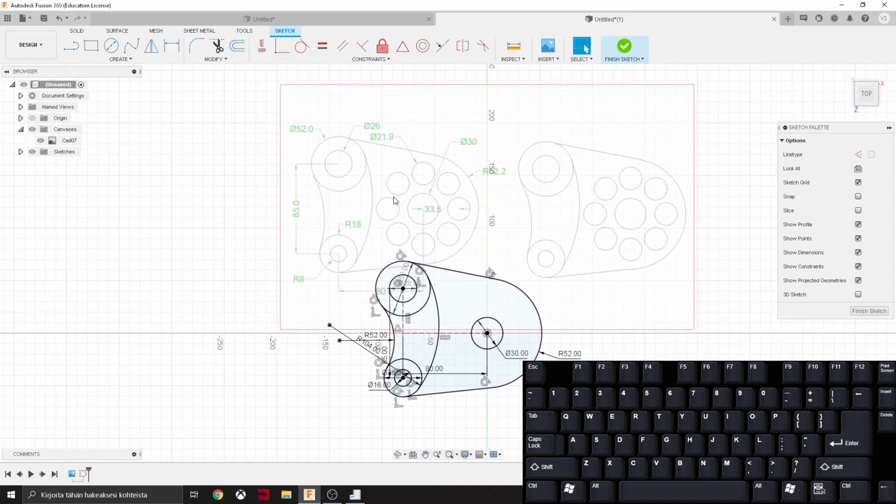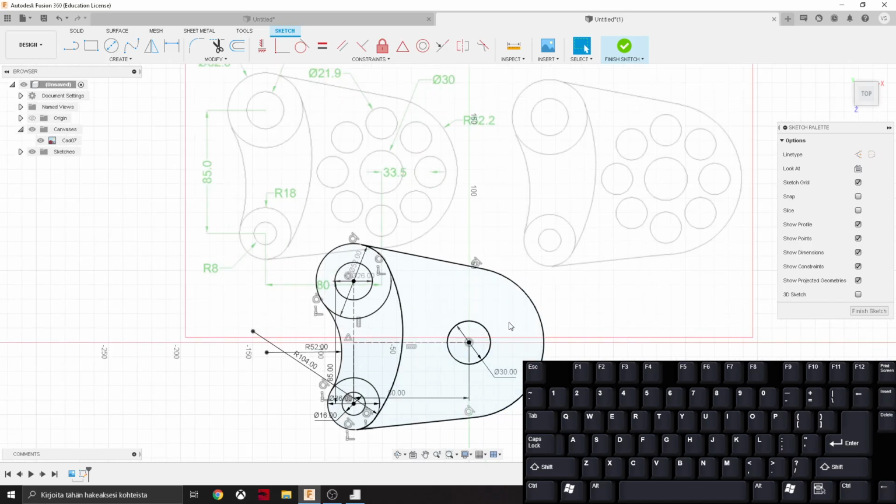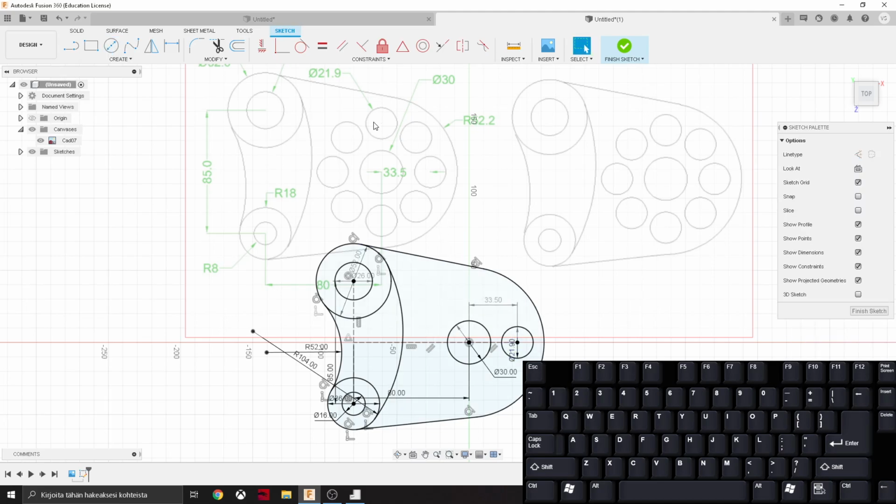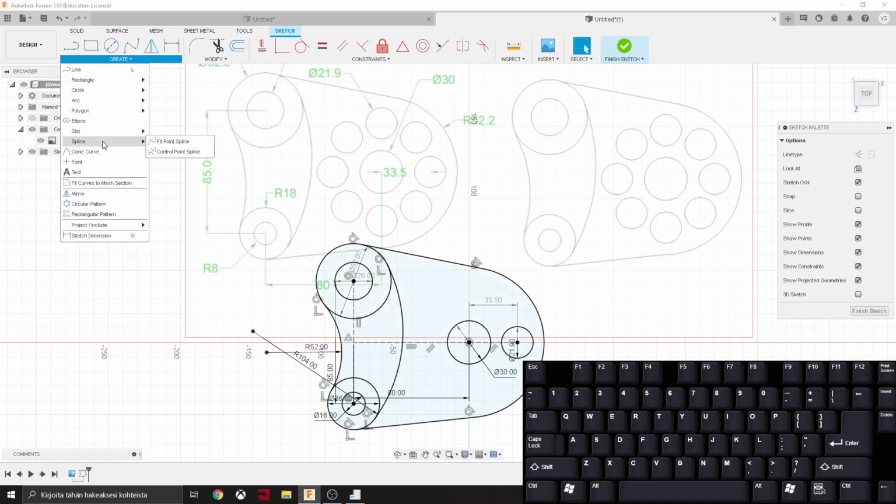Okay, so now we have to only do this pattern. So we draw a construction line, press X, and that is 32.5, and circle is 21.9, and now we just use pattern tool,